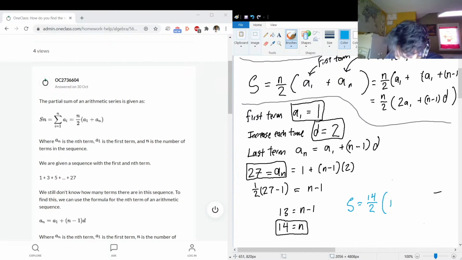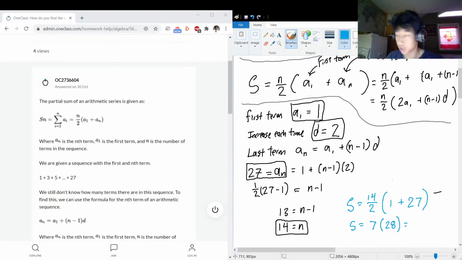That's just 1. a_n, the last term that we're looking at, is 27. 14 divided by 2, 7. Quick math. 1 plus 27, 28. 7 times 28,